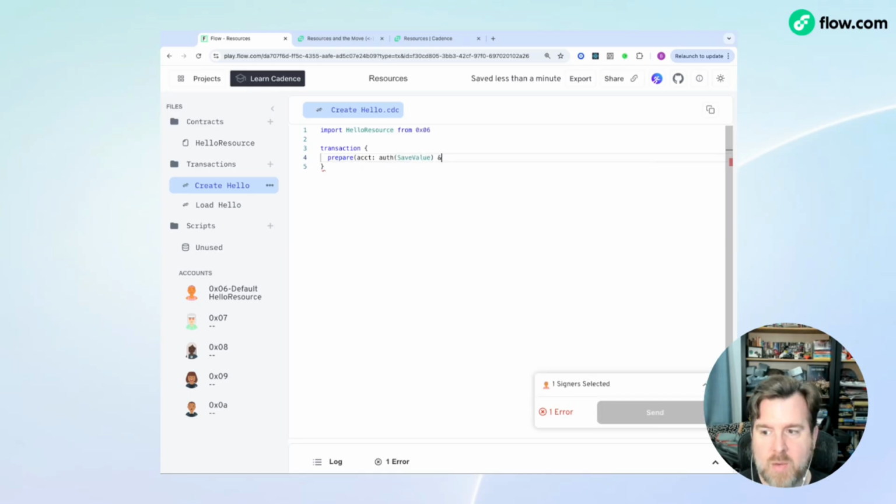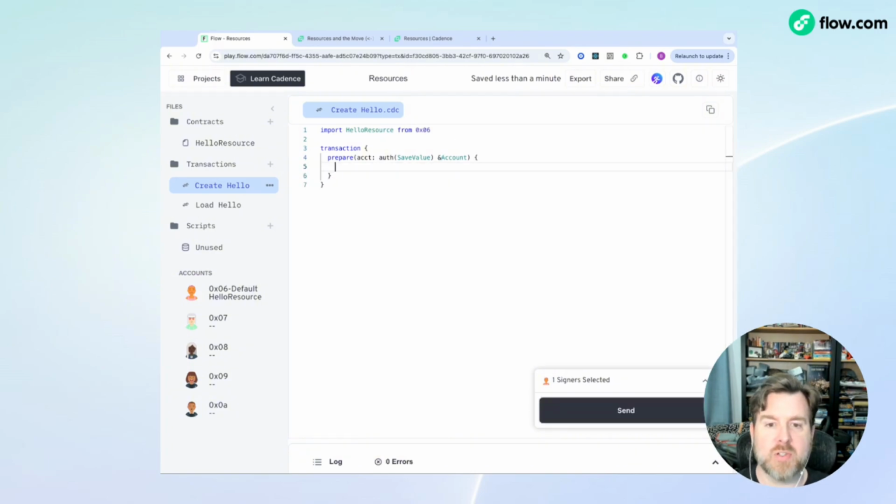into that account, and we need account. So what this is, it's a parameter called account, and it's going to have a type with this authorization for the resource of an account. And we use the ampersand symbol when we're talking about an instance of a resource. So now we have an authorized reference to the user's account with the permissions that we need to save something